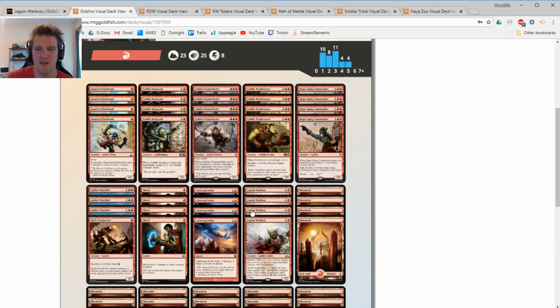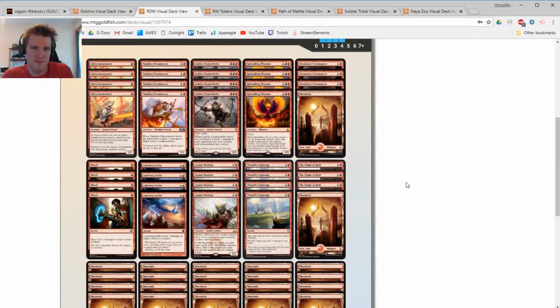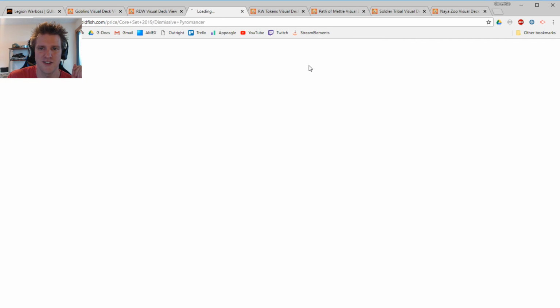What if we just took Warboss and put it into a more traditional red deck wins type thing with just solid red cards and no tribalness? Well, I'm glad you asked. RDW. Rockstar Rekindling Phoenix holding down the fort. Goblin Chainwhirler, of course. The Wizards package. We've got an extra kind of bonus wizard over here in Dismissive Pyromancer,